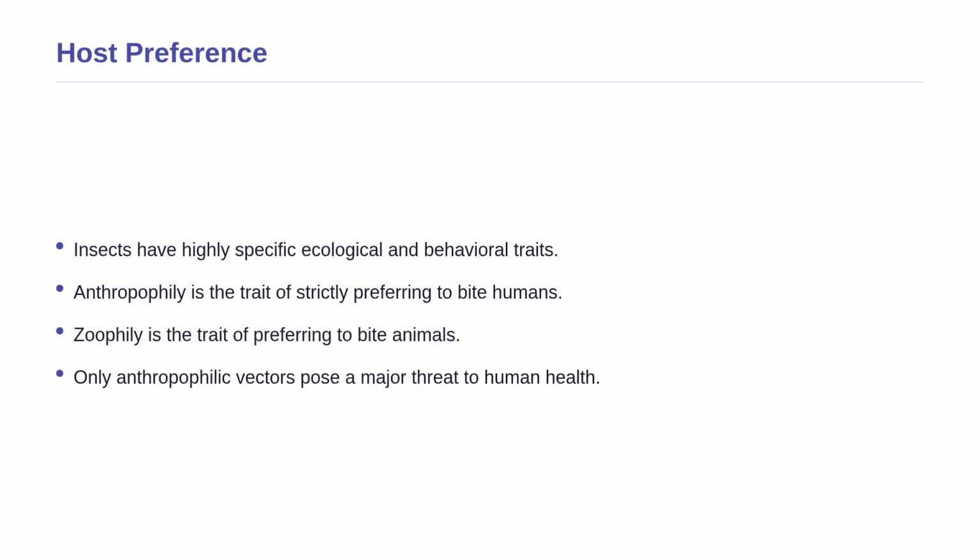Now that we understand the basic roles of the host and the vector, let us look at how insects choose their targets. In medical entomology, we study a trait called host preference. Some insects strictly prefer to feed on humans. We call this trait anthropophily. Other insects prefer to feed on animals, like cows or birds, which is known as zoophily. Why do we care about this? Because if a mosquito species only bites birds, it will never transmit a disease to humans. It is completely harmless to us. But an anthropophilic mosquito is a highly efficient disease transmission machine.